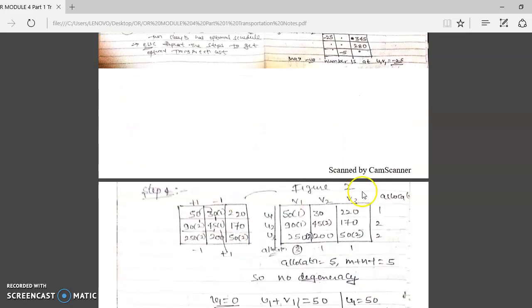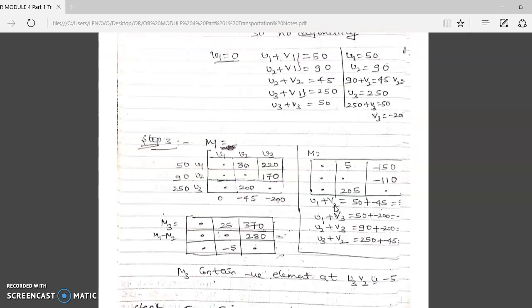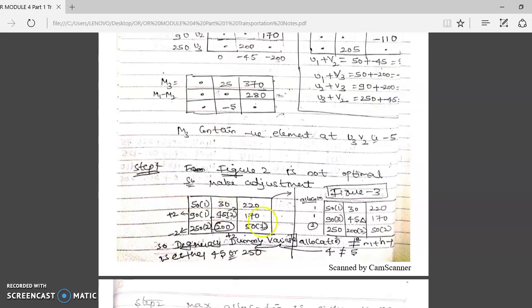So you have to consider figure 2, again you have to write figure 2 here. After writing figure 2, where you got negative minus 5, this will be considered the basic for adjustment. So select corner points now. So if I take this 1 2 3, of these 4, 3 are allocated, this one is not allocated. Okay, so you can make use of even plus 2. You can even take plus 1 or minus 1, but I am taking plus 2 here.